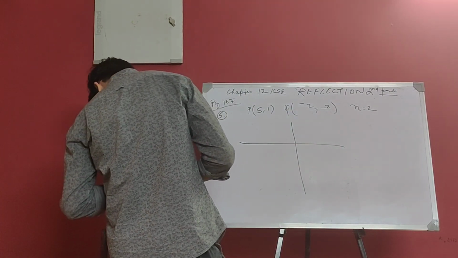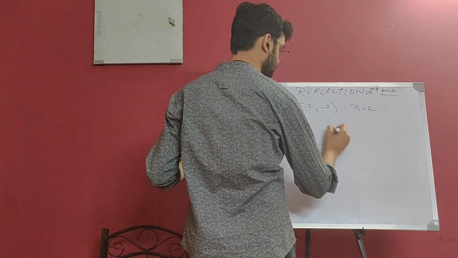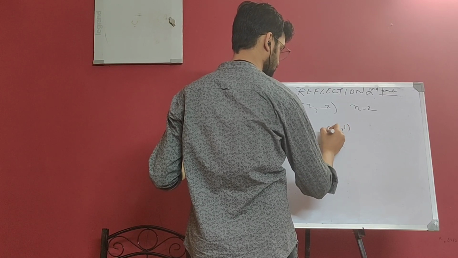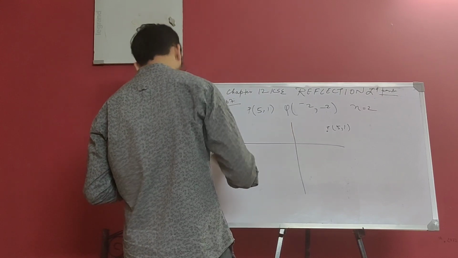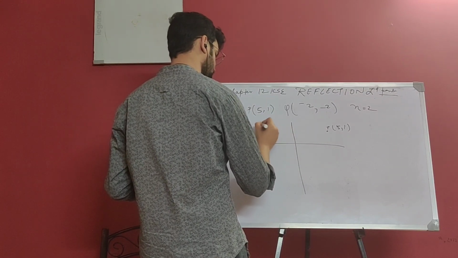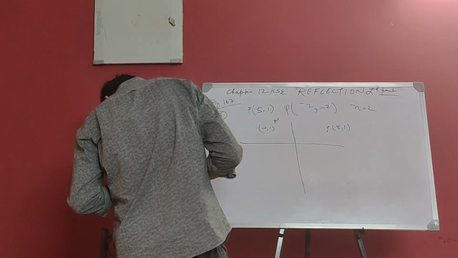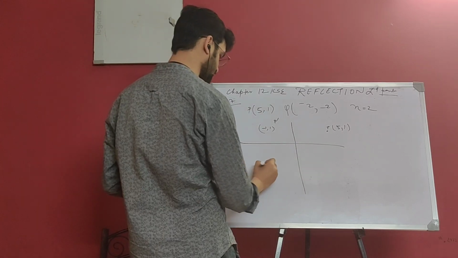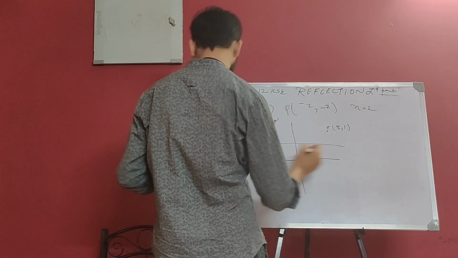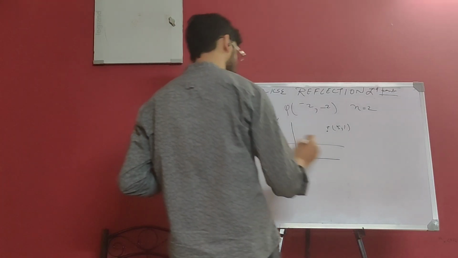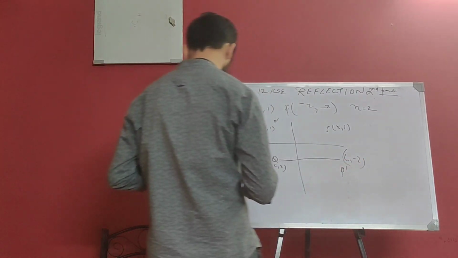Okay. So X is equal to, first we need to plot the value of P, that is somewhere around here. P is equal to 5 comma 1. Okay, and so P dash, as I explained in the last part, that will be minus 1 comma 1. Q, first we need to plot Q, that is minus 2 somewhere out here, and here 4 times it has to go, so this will become 6 comma minus 2, this will be Q dash. Okay.